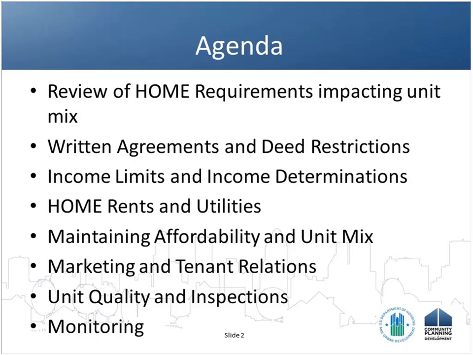So let's talk a little bit about what we're going to be covering in today and tomorrow. So first we're going to talk about just a few of the home requirements that impact the project during the long-term affordability period. Now, as I mentioned, we're not going to be going into all of the home requirements that impact rental projects. So for those of you that might not be more familiar with the home program, you may want to utilize the building home training, which is also now posted on the HUD Exchange,